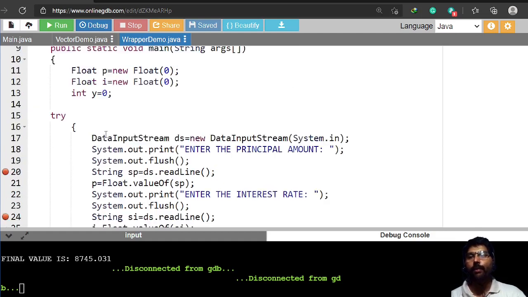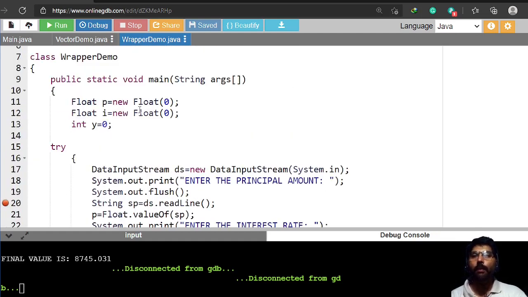Now I am starting from the main. In the main, I have taken three variables: principal amount P, interest rate I, and year Y. Since year is given as an integer, but the principal amount and the interest rate are floating values, first the floating number is converted into a Float object.